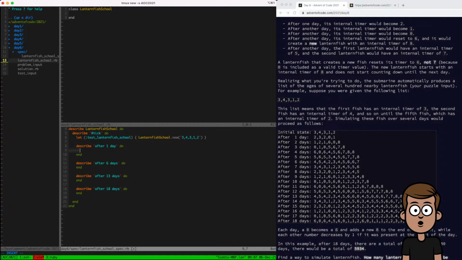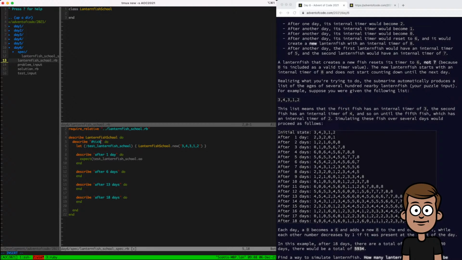This seems fairly straightforward. So let's say expect test lantern school dot. Actually, method tick seems. Let's say after 1. Seems like a nice API to make sure what's going on. Or really, that seems to make it seem like it's stateless, but